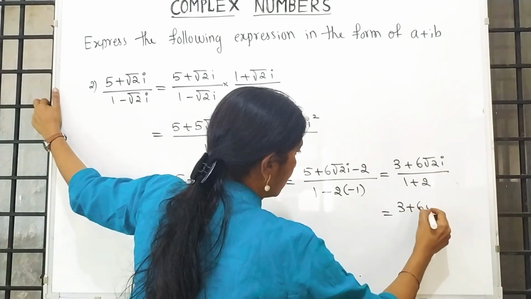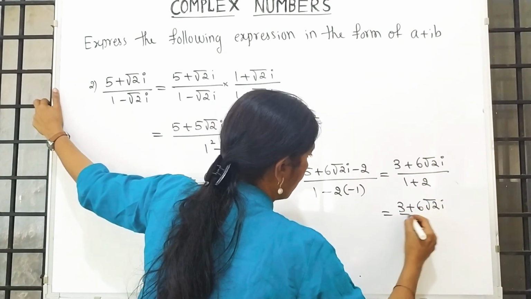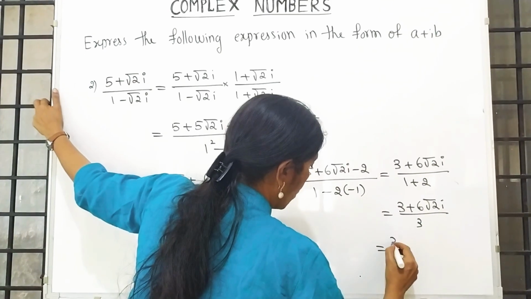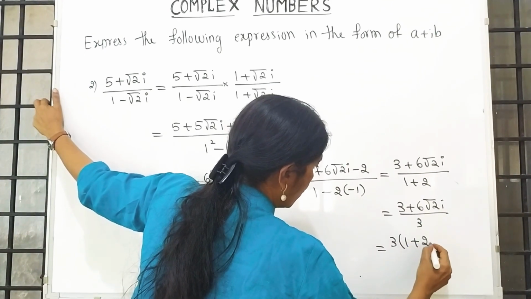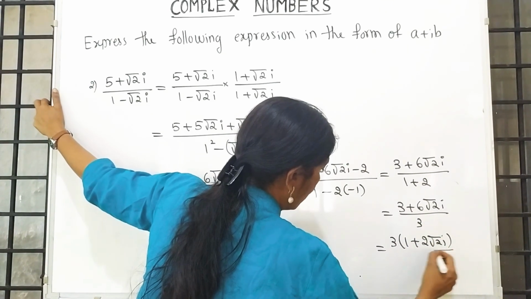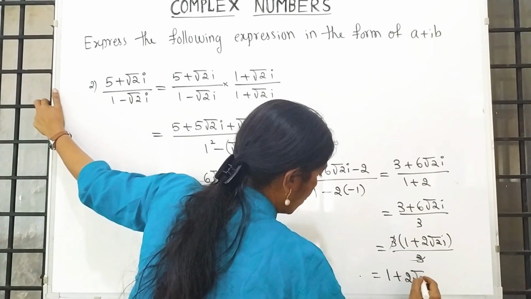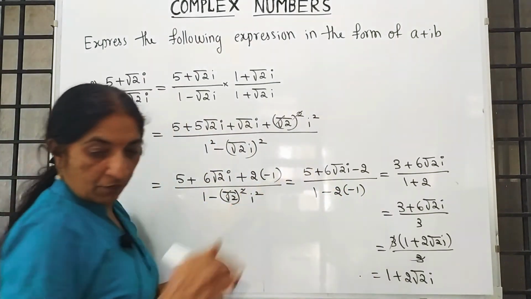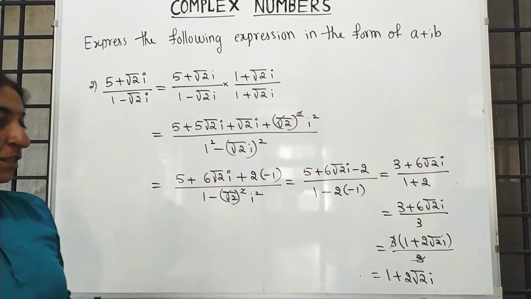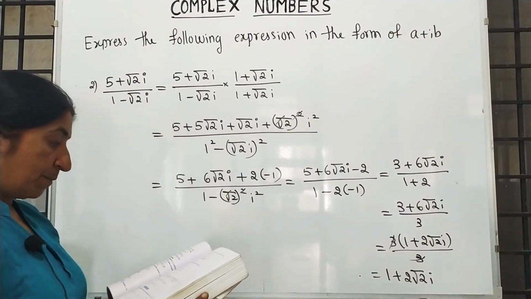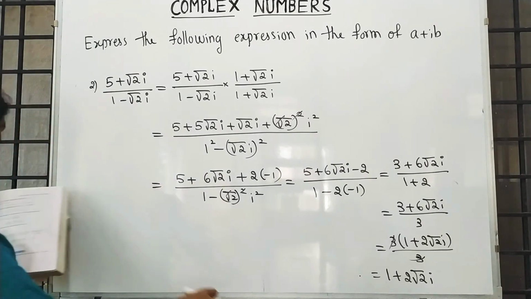3 plus 6 root 2i divided by 3. Take 3 common. Plus 2 root 2i divided by 3. See, it is 1 plus 2 root 2i. See, is it in the form of a plus ib or what? Yes, it is in the form of a plus ib. Moving to the third one,